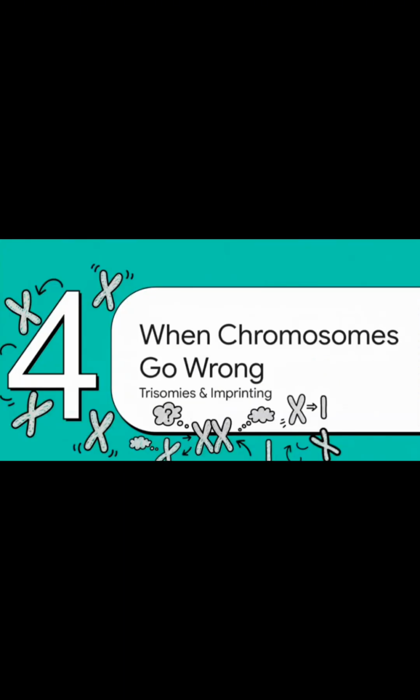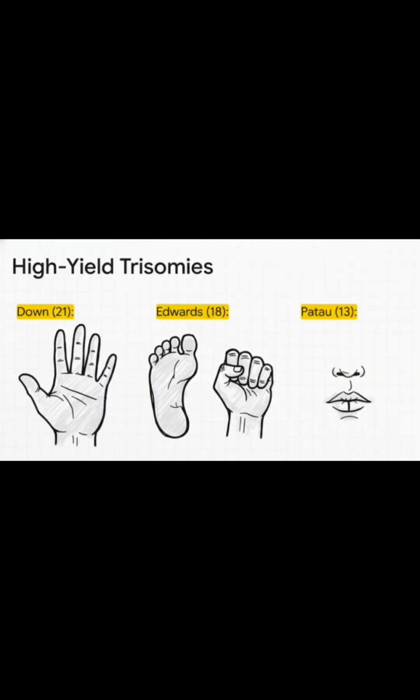We've been talking about single genes, but what happens when a whole chromosome is the problem? This is where we get into aneuploidy, and these are some of the highest yield topics for your boards. You can't miss these. Here are the big 3 trisomies you've just got to know